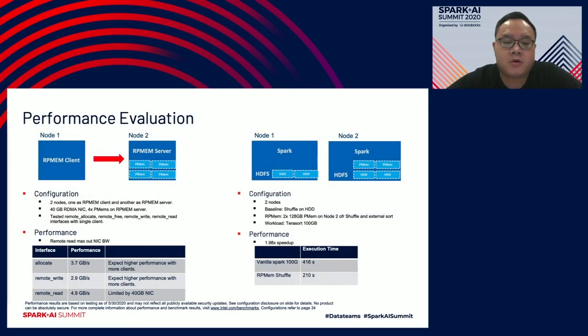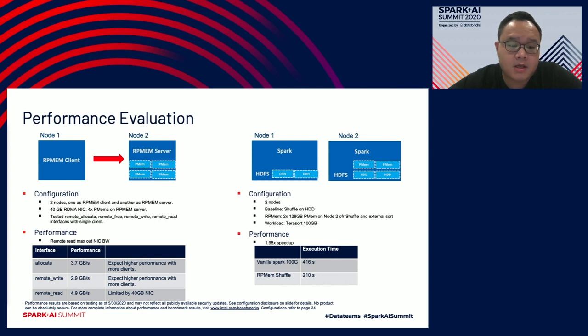We did some performance evaluation of this RPMP solution. The left part is a micro workload benchmark. We simulate a client and server environment. We're using allocator, remote write and remote read micro tests to test the theoretical or the maximum bandwidth of this RPMP pool. We saw very promising results, especially for the remote read. We were able to hit the 40 gigabit